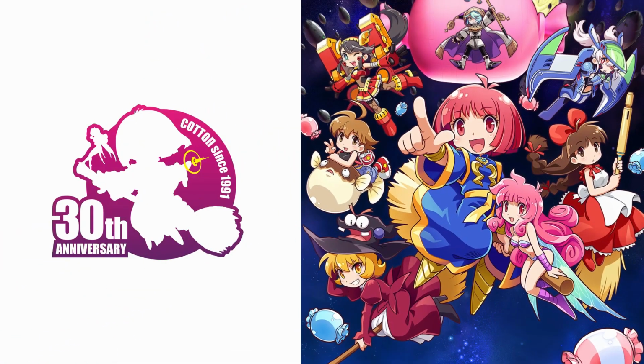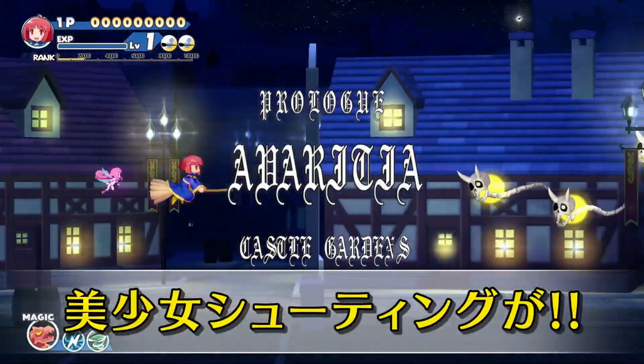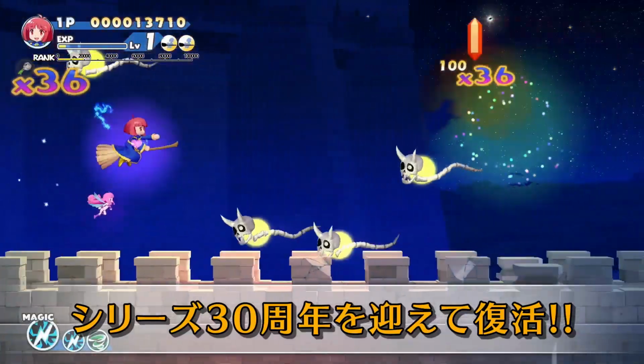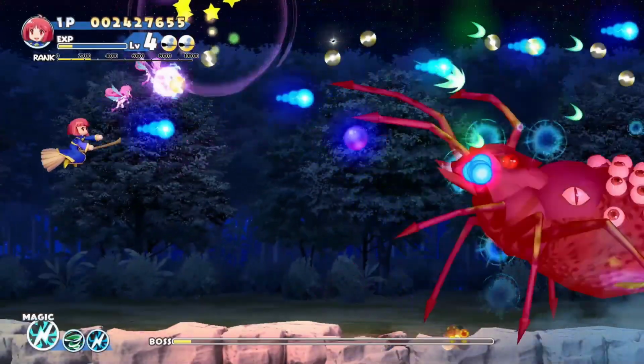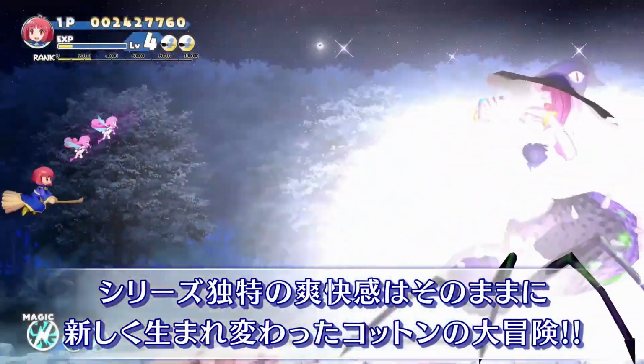The Cotton series, a side-scrolling shoot-'em-up franchise beginning back in the early 90s. It's one of the main faces of the shoot-'em-up subgenre. It's brilliant, really. What if shmup, but cute? Turn everything adorable and crank up the colors while keeping the tight, responsive, and challenging gameplay players come to expect from the genre intact. Cotton was all over the place in Japan, from arcades to home consoles, but